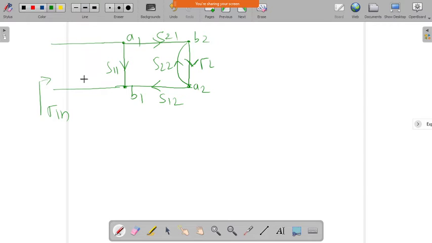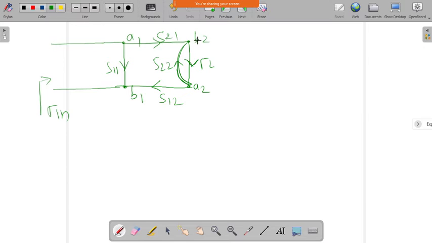So this is the input reflection coefficient when I look into the network. This is the representation using a signal flow graph. Now we have to use the SFG reduction technique, that is, the rules which we have seen. We can apply any rule here and reduce to get the expression for gamma in. First we will apply the splitting rule here.